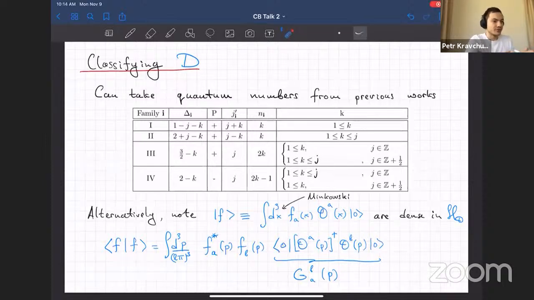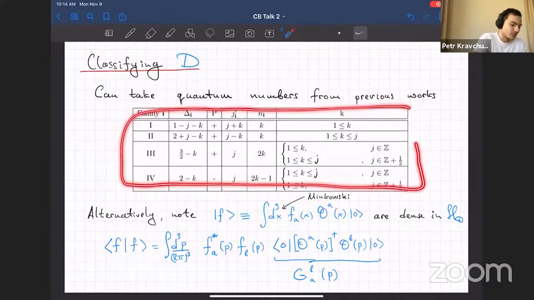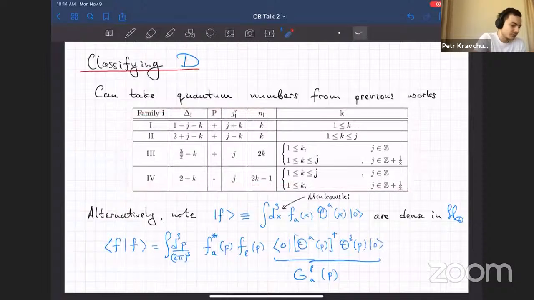So these null descendants, even though they appear in the Verma module, don't contribute to the scalar block, and therefore scalar blocks have fewer poles than there could be in general. If you get the general classification, then you actually get 4 families in 3 dimensions. In higher dimensions, you'll get even more families. This classification you can just pull out from the paper that I mentioned on the previous slide, but